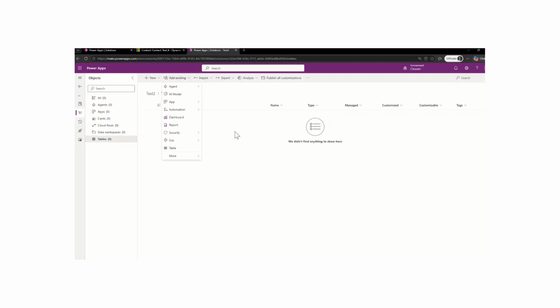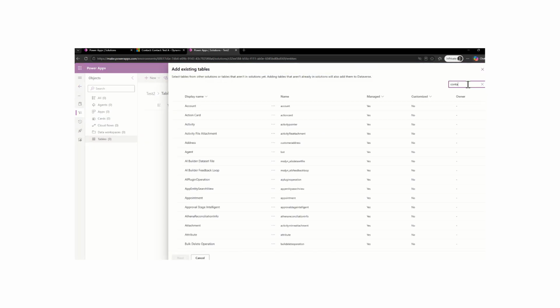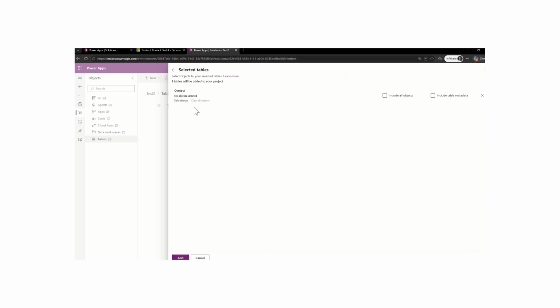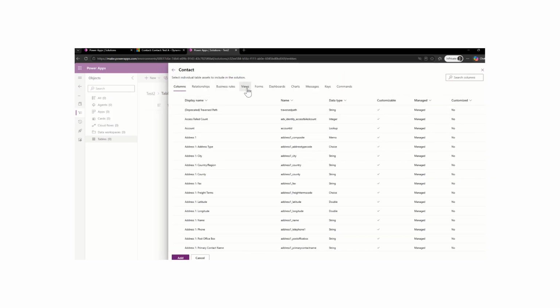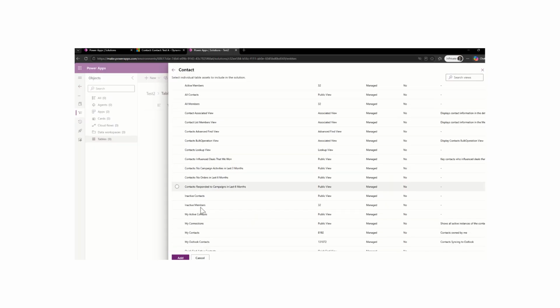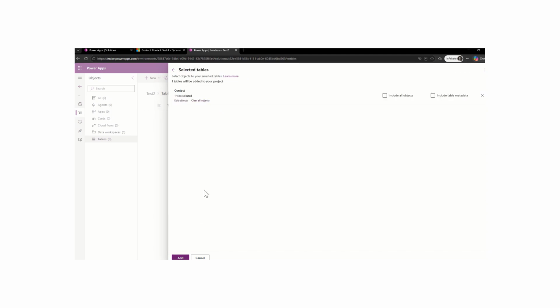Let us add contacts. No, that's view table contact. Okay, let's add a component. Let's add views. What is the view? We created something. We said test view. This is it here. You can see it's managed. If we add it here,